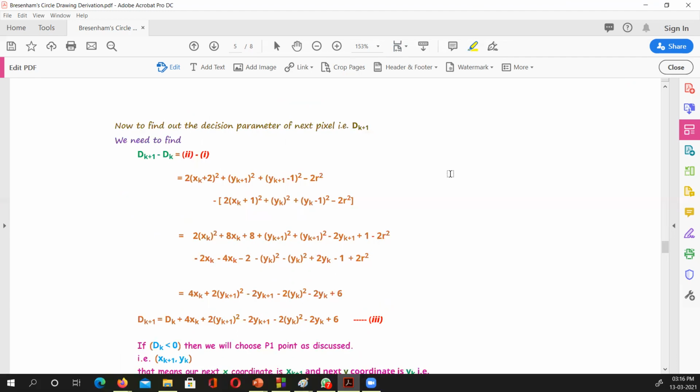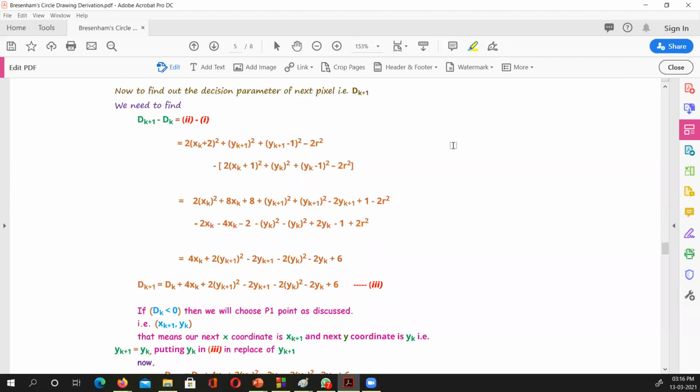Now it is only to solve it. It's very simple mathematics now. You have the note there in front of you, and the video, so you should be able to do it now. What I'm doing here is (a+b) whole square. We know (a+b) squared is going to be equal to, if I calculate for this one, (x_k+2) whole square. This is x_k squared plus twice ab, that is 2 into 2 into x_k, that is 4 times x_k, plus b squared, that is 2 squared. But then it is multiplied by 2 also.